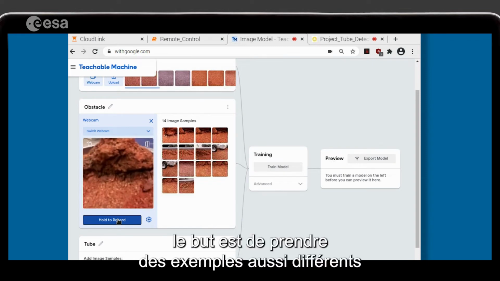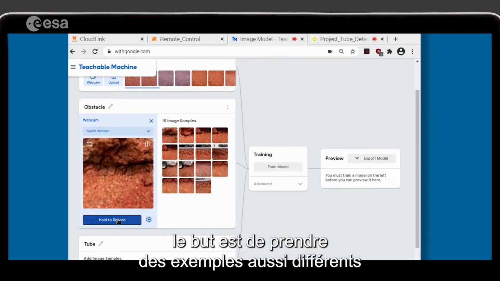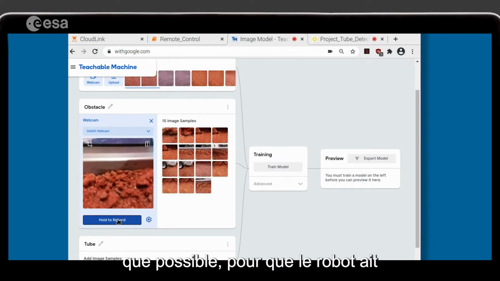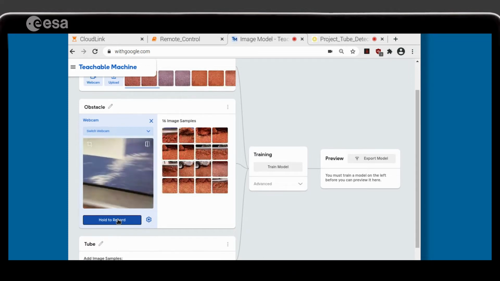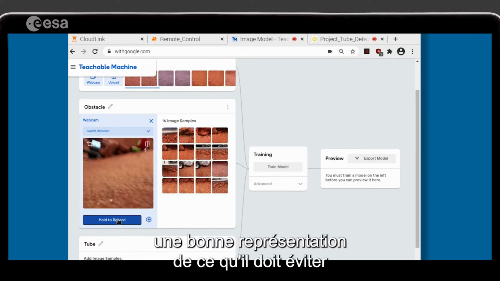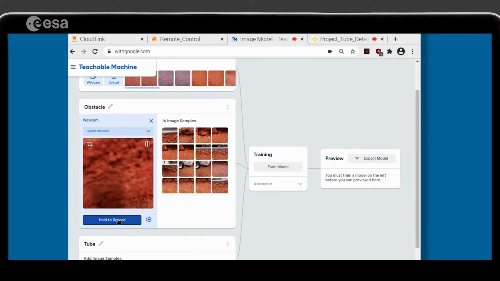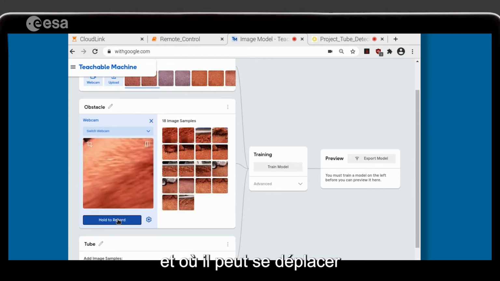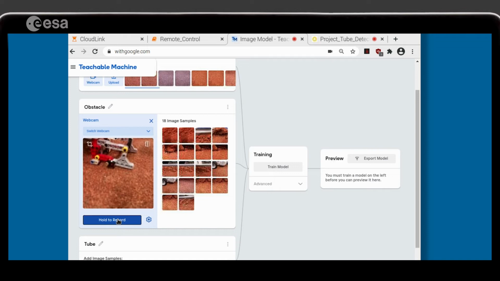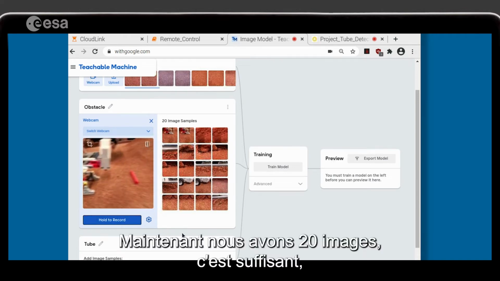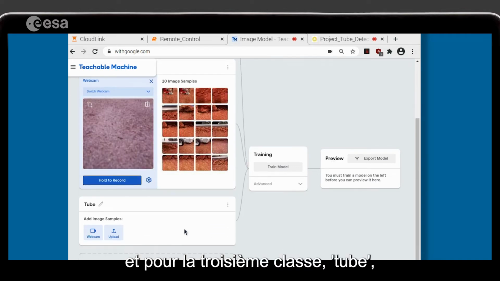So here the goal is to take as many different examples as possible for the robot to have a good representation of what it should avoid and where it can move freely. So now we have 20 images, that is fine. And then for the third class, tube,